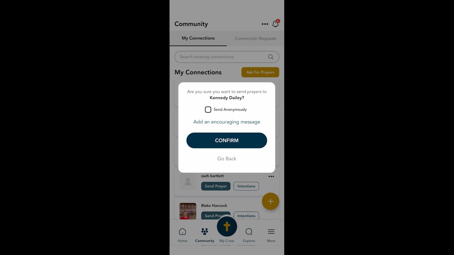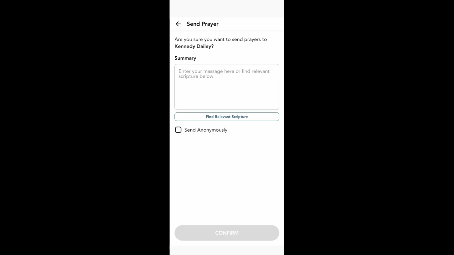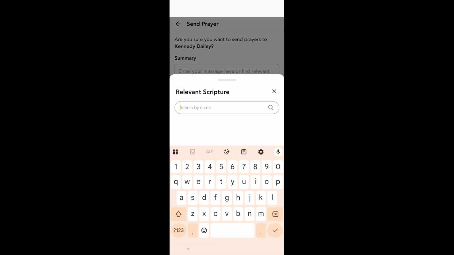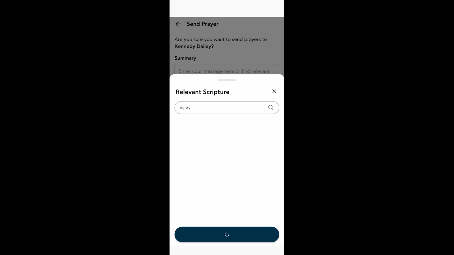Now, this is amazing. You're sending somebody a vibration that they can feel to know that someone is praying for them. But you can also add an encouraging message. Let's say you want to add something that is related to scripture, or you want to add scripture specifically, but you're not super well versed as it relates to the Bible. So let's find relevant scripture here. And then we're going to put injury in,